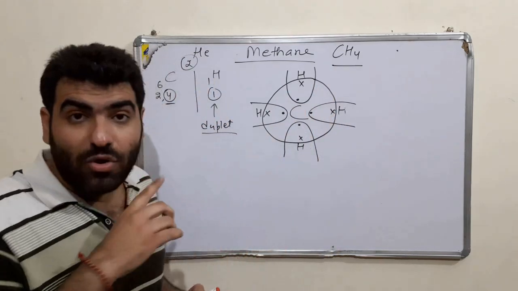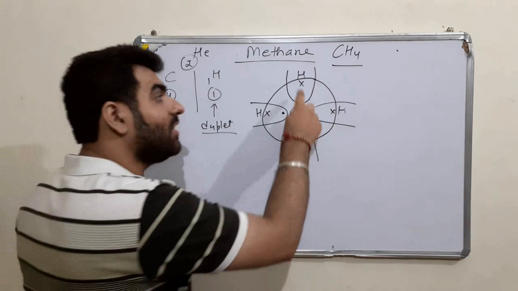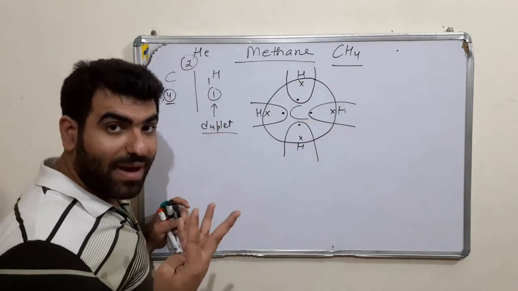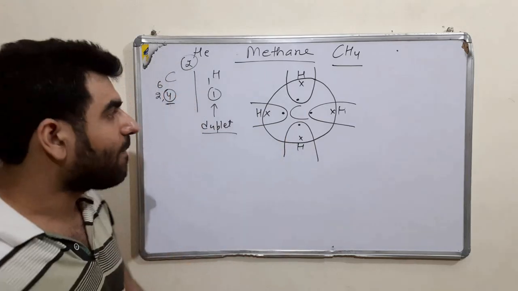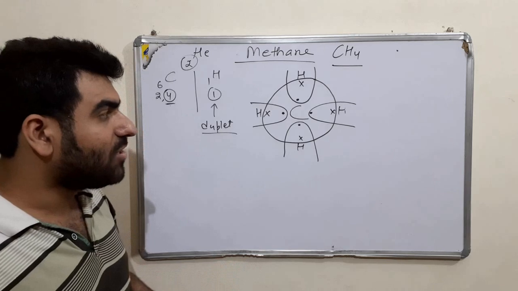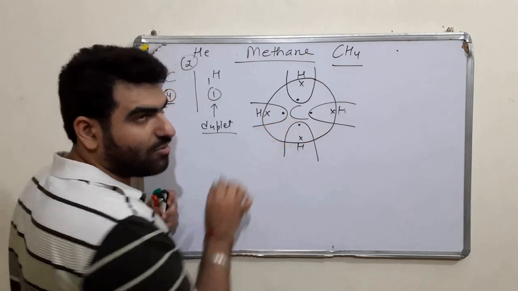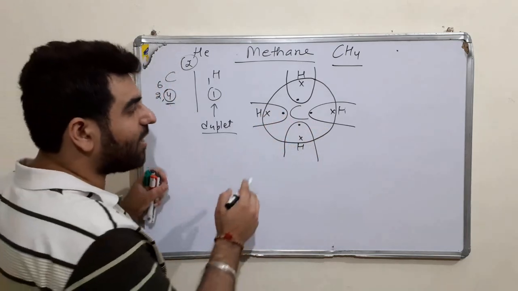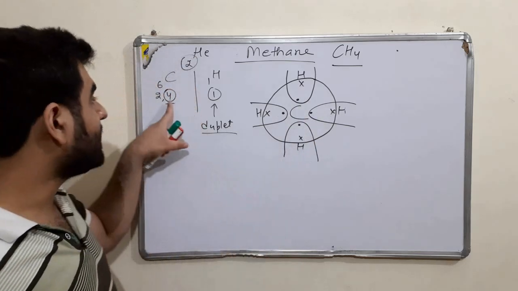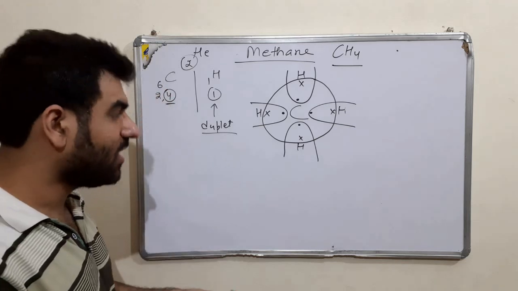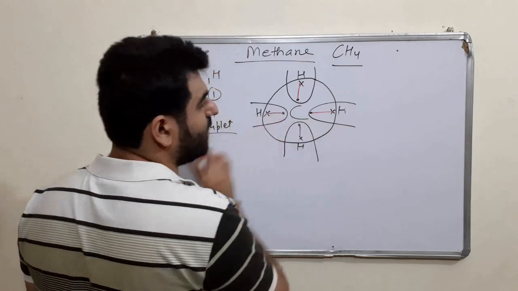See, each element is going to share only the same number of electrons. There are 4 electrons being shared by hydrogen, and 4 electrons being shared by carbon. So there is an equal number. Now electron and electron will show the bond formation. Let us first count. Hydrogen is 2, 2, 2, 2. Duplet complete. Now carbon: 1, 2, 3, 4, 5, 6, 7, 8. Octet is complete by sharing 4 electrons. So there will be a bond formation between each of these.